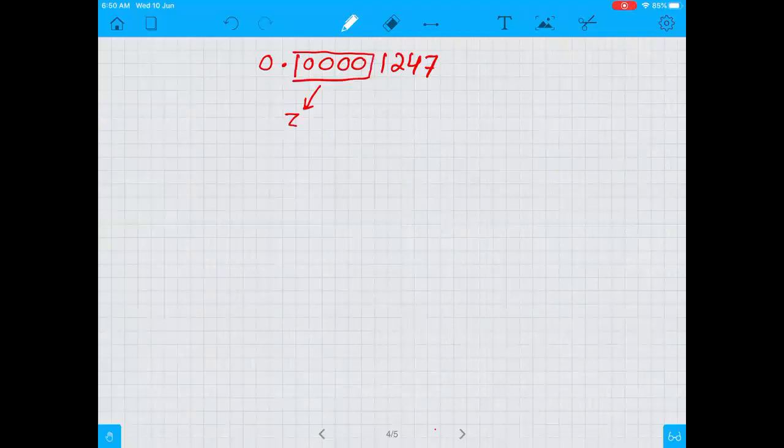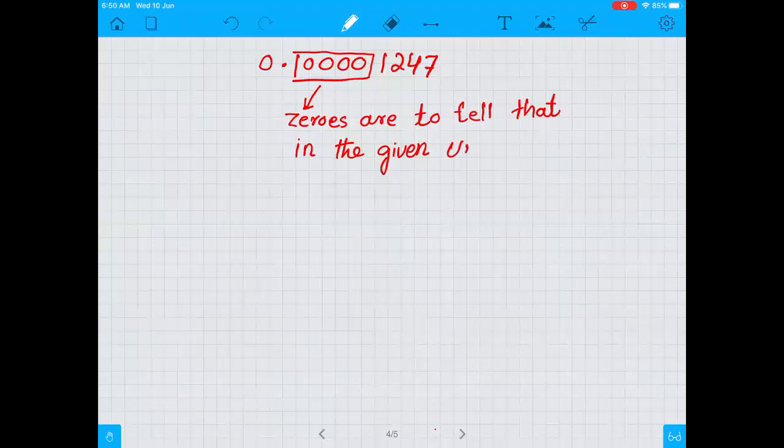These zeros are to tell that in the given unit... here, what is meant by given unit? Maybe your number could be in amperes. So the given unit is amperes. So these zeros are there. The zeros before a number are to tell that in the given unit, the first non-zero digit, that is 1,